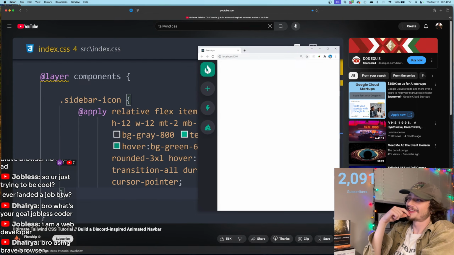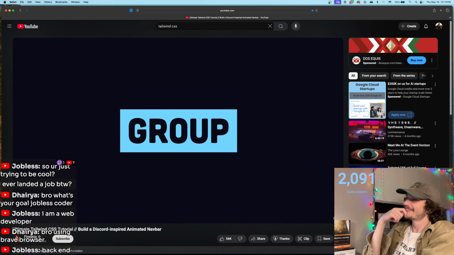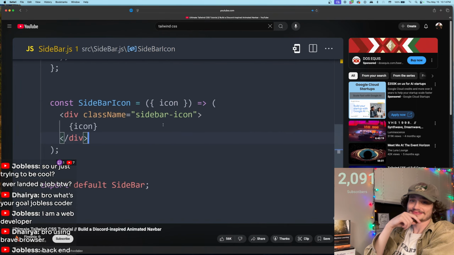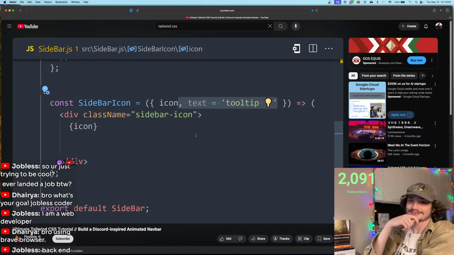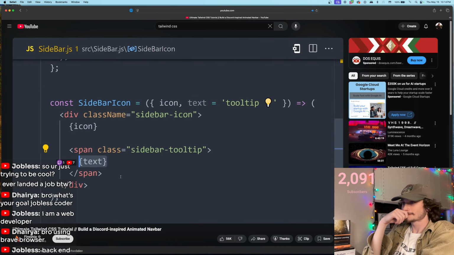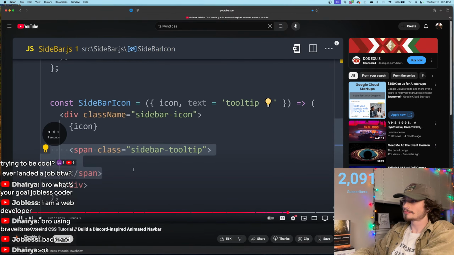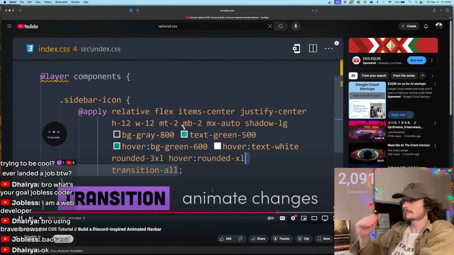But now let's take things a step further by adding an animated tooltip to each icon. To make that possible, we'll first need to go back to our sidebar icon component. I'm going to add a default prop for text and then a span with a class of sidebar tooltip that displays that text. Then back in the CSS, let's go ahead and add a class